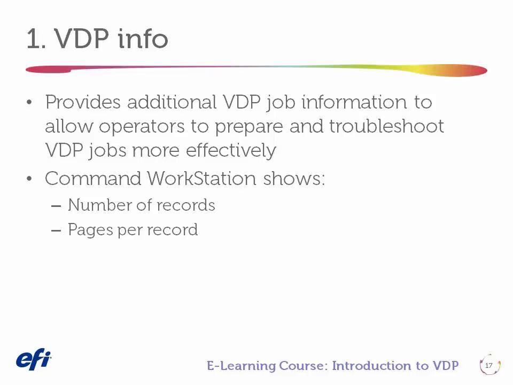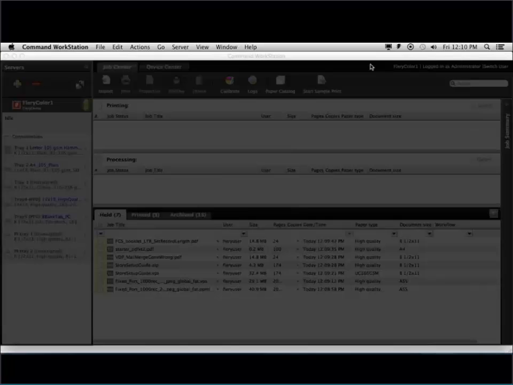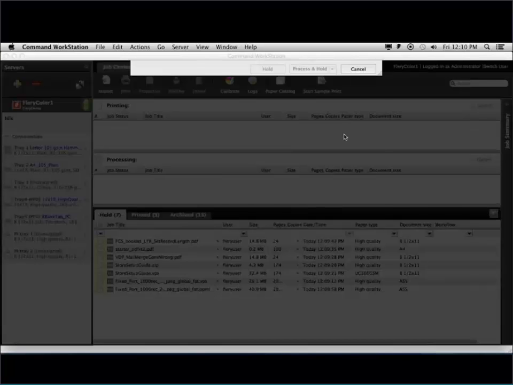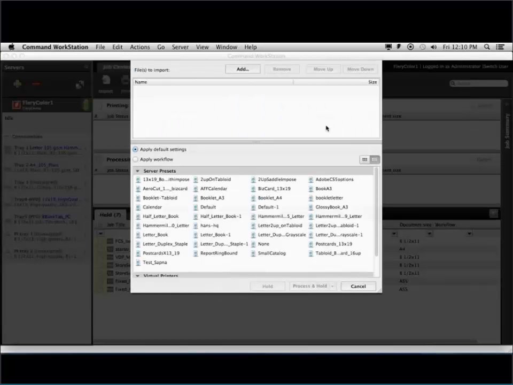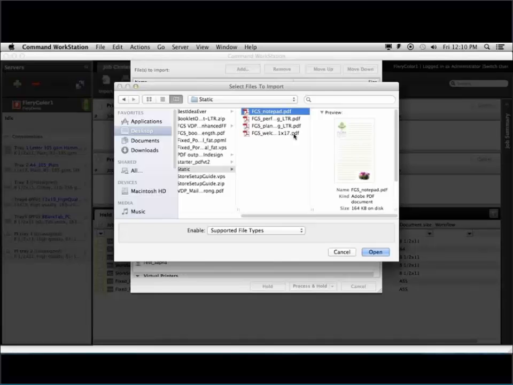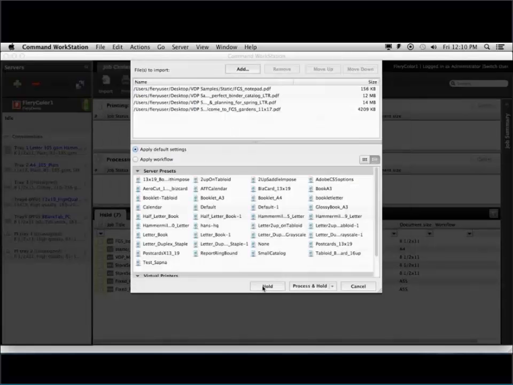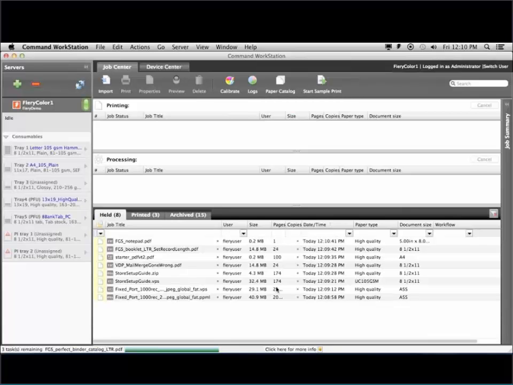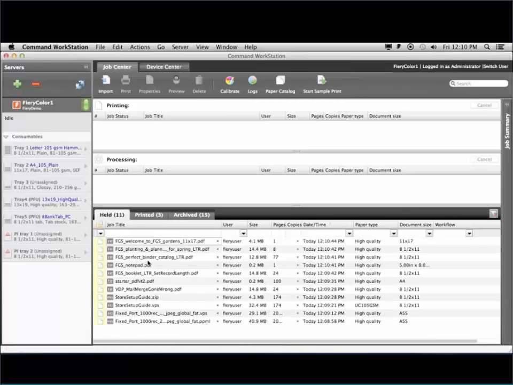So how does VDP Info work? Here I'm importing a number of jobs. In this case, that's just a number of static PDF jobs, importing them to the hold queue. And you'll notice that it's very difficult to identify which job is a VDP job and which job is a static job. If you right-click on the column header in Command Workstation and enable VDP Info, you will see that